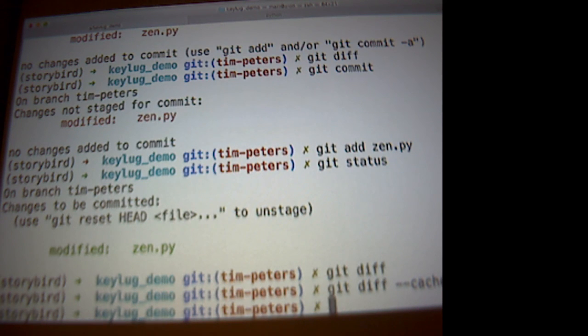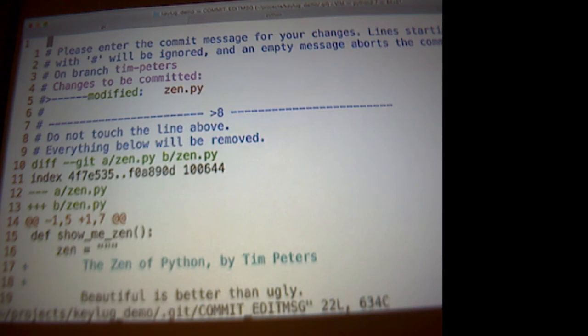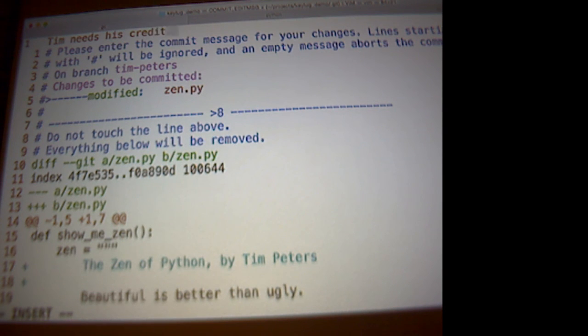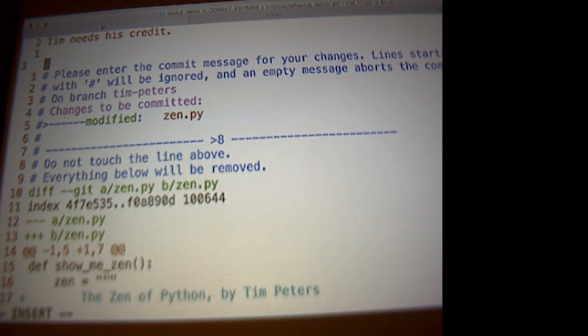So now we are ready to commit. Tim needs his credit. This next bit that I'm going to show, I'm going to say fixes number 1. You might have dealt with this in different bug trackers or different source control tools, where if you have a tight integration between, say, Jira and Subversion or Jira and whatever, if you give special patterns, it can do the association automatically of what issue goes with what code. So here, by saying specifically fixes, and I think it has some variants like fix or something,